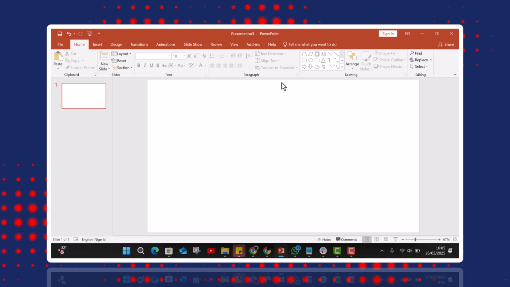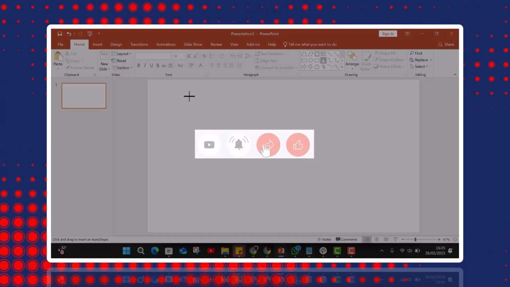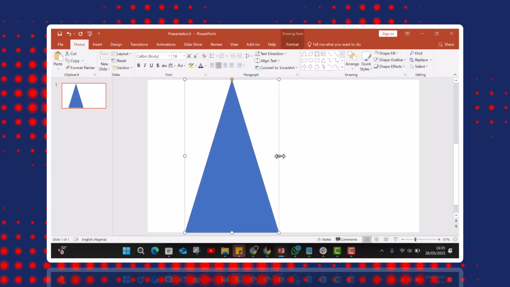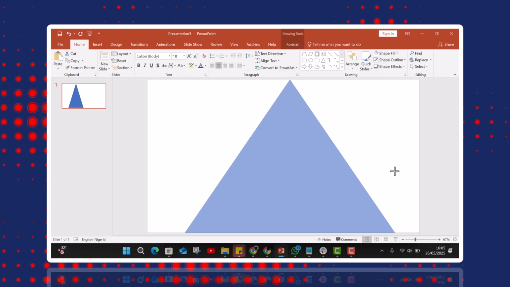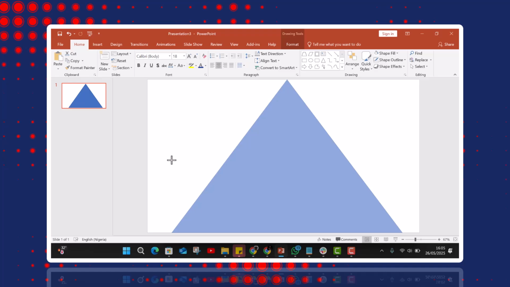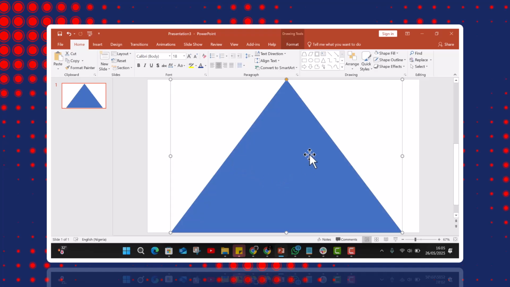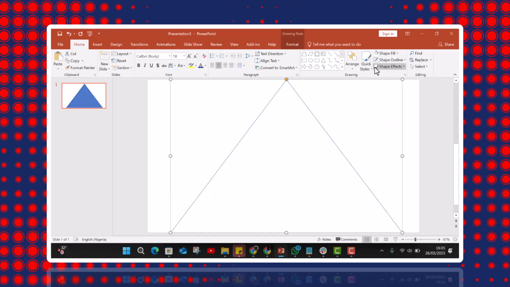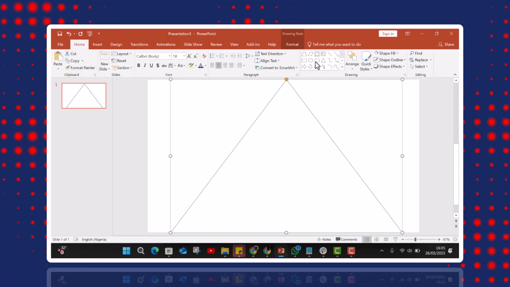We'll be using three different shapes to make a very beautiful PowerPoint presentation. Insert a triangle, and adjust it very well and make the fill white. Leave the outline. We need the outline. Then go to shape and